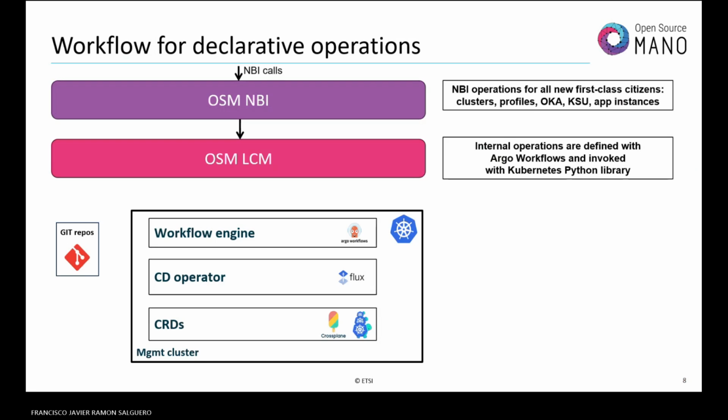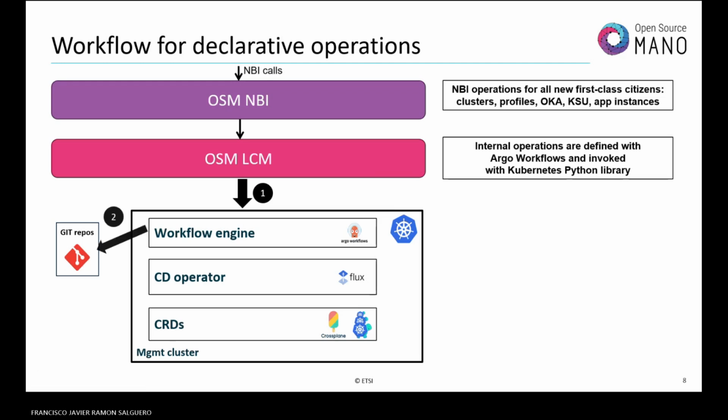Double clicking in that mechanism that is important for what you will see later in the demonstration, is that we will interact with OSM via NBI from UI or CLI or direct NBI calls, and this goes to the LCM. And the LCM dispatches a set of tasks into a workflow engine that in this case is implemented using Argo workflows. It could be any other implementation, but this is the implementation that we chose,